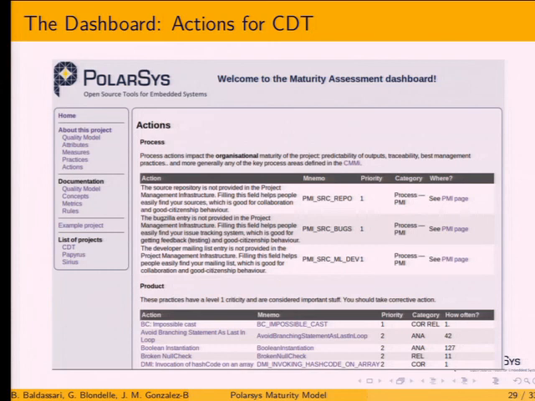This page is really nice because it's okay to say I have a bad notation on this part, and I know that the mailing list is not very active or things like that. So the action part gives you hints about what is the next good action to take if you want to improve your quality. Say there are some actions that are really heavy, so if I tell you to acquire this practice and you have thousands of violations, that it will take months. So the point here is to give just the next thing to do to improve a little bit the quality of your projects.